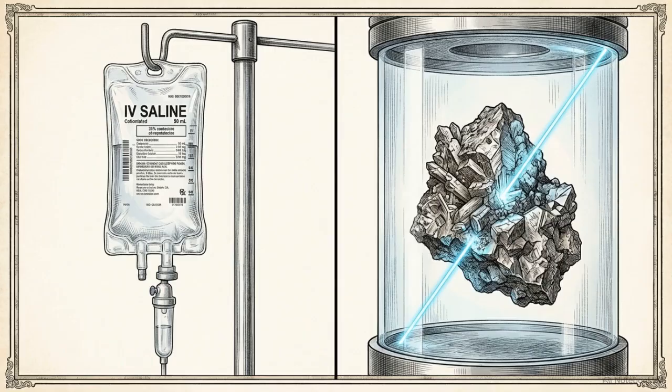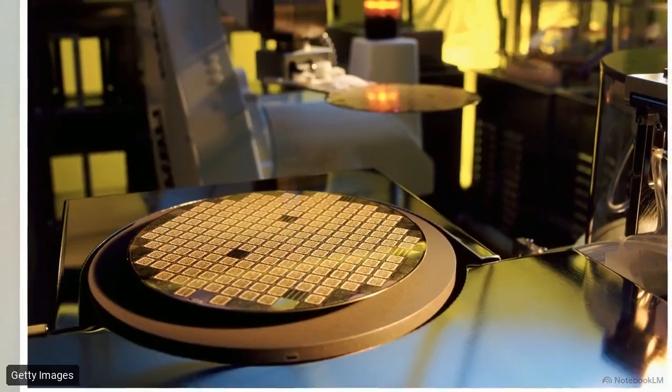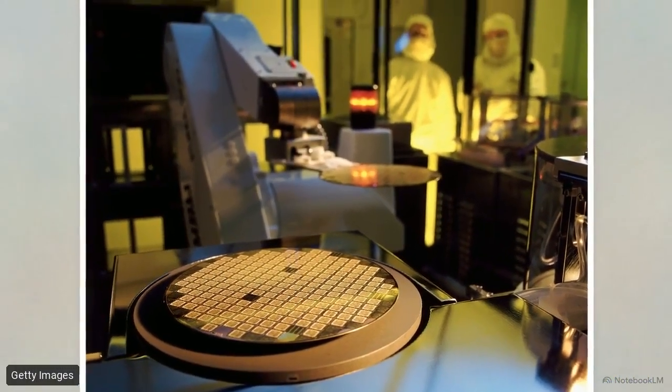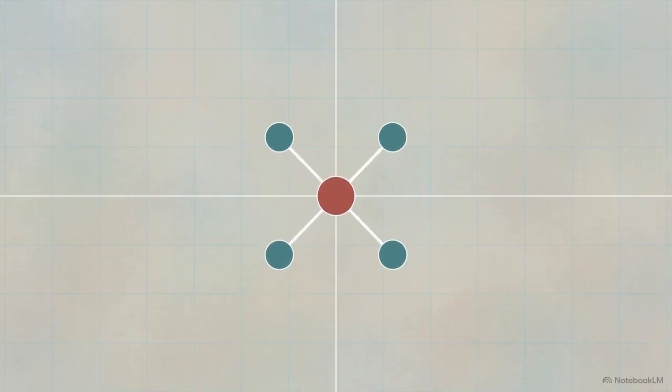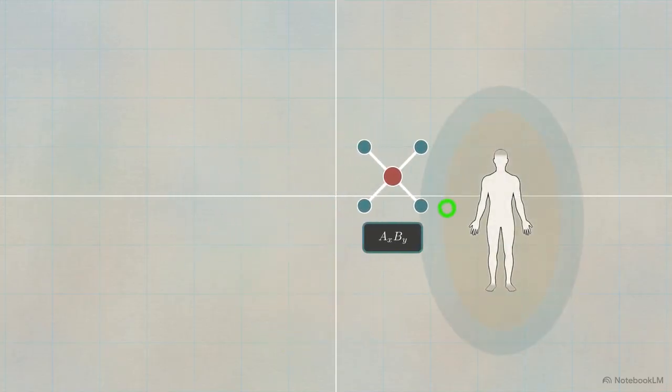Consider the technology sector. Engineers take raw, heterogeneous quartz mixtures and physically separate and chemically refine them down to a pristine, 100% pure element, the silicon wafer. Or look at pharmaceutical drug synthesis, where scientists rely on the rules of compounds to lock elements into exact, non-variable molecular formulas that interact predictably with the human body.